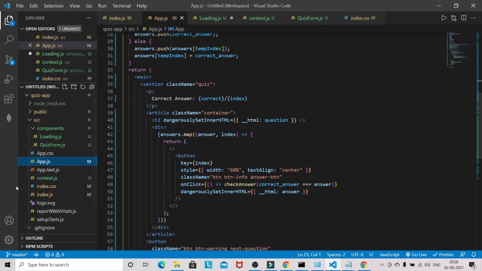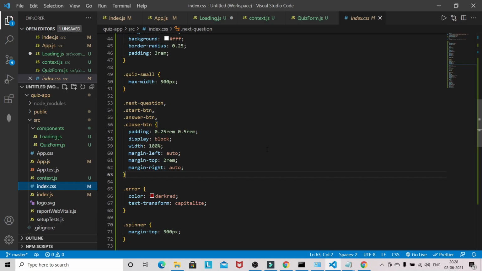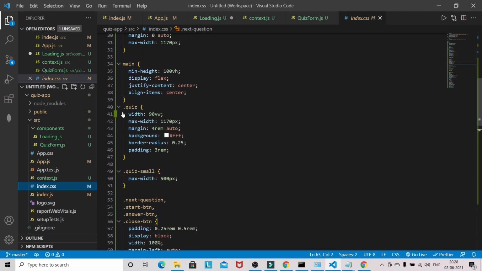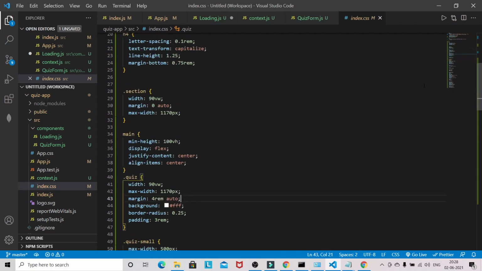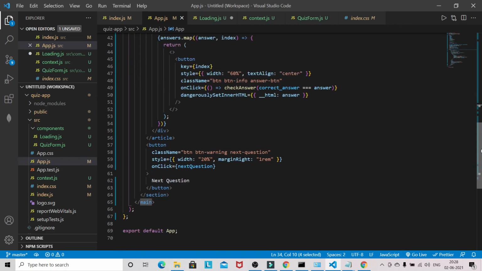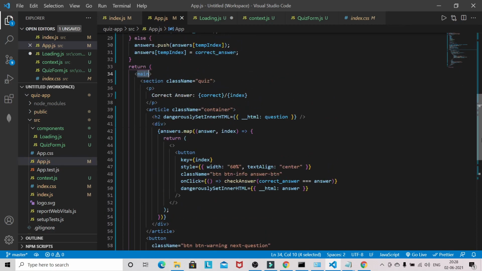If you go to index.css, the same button style I am using for next question and the answer button, and we have the quiz class name here. So you can copy that, and you have to copy the style for the main tag as well, which we have used here. So you have to copy all this styling.